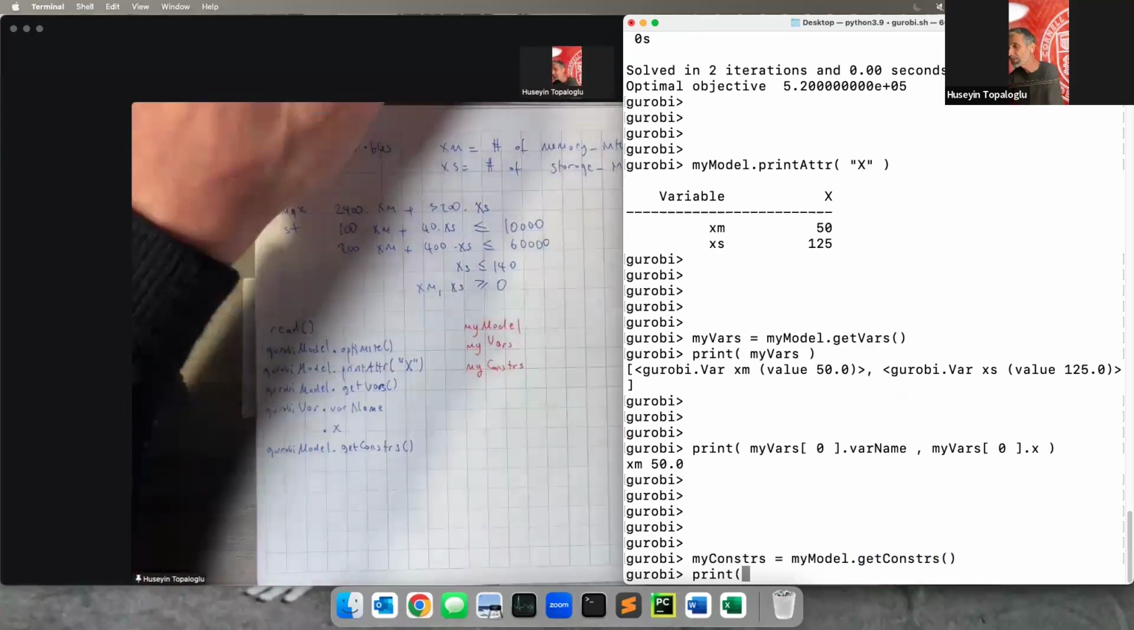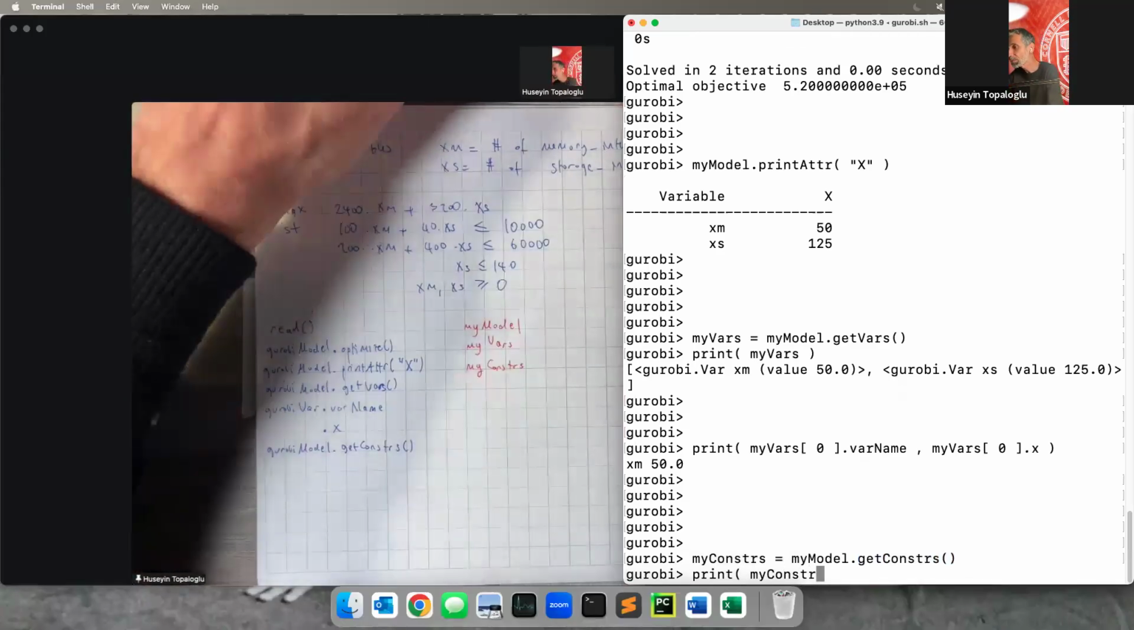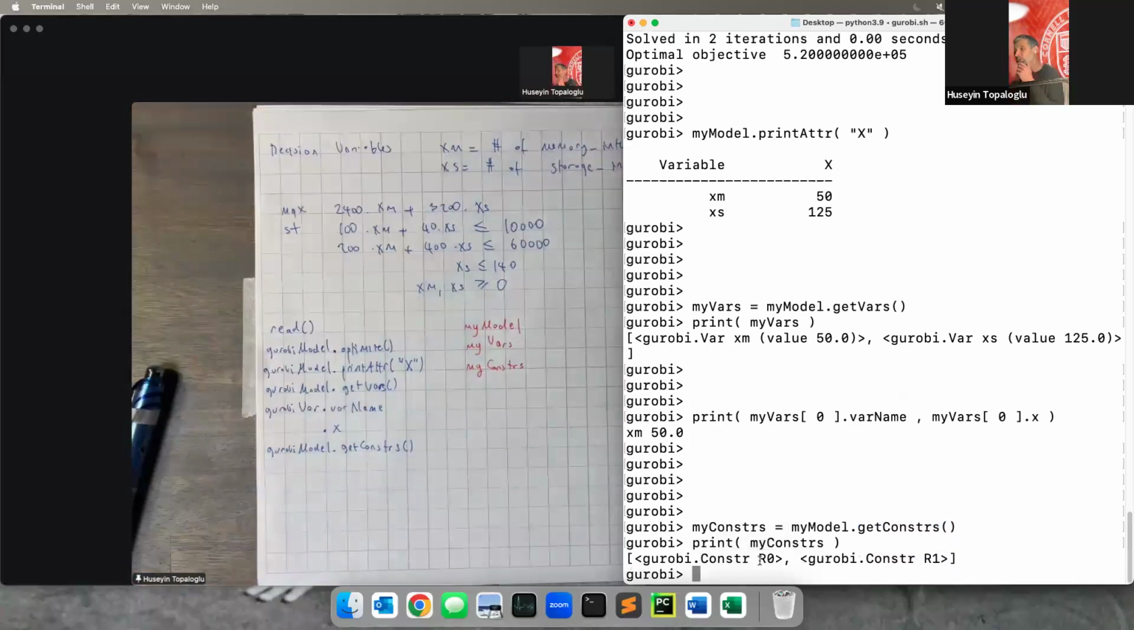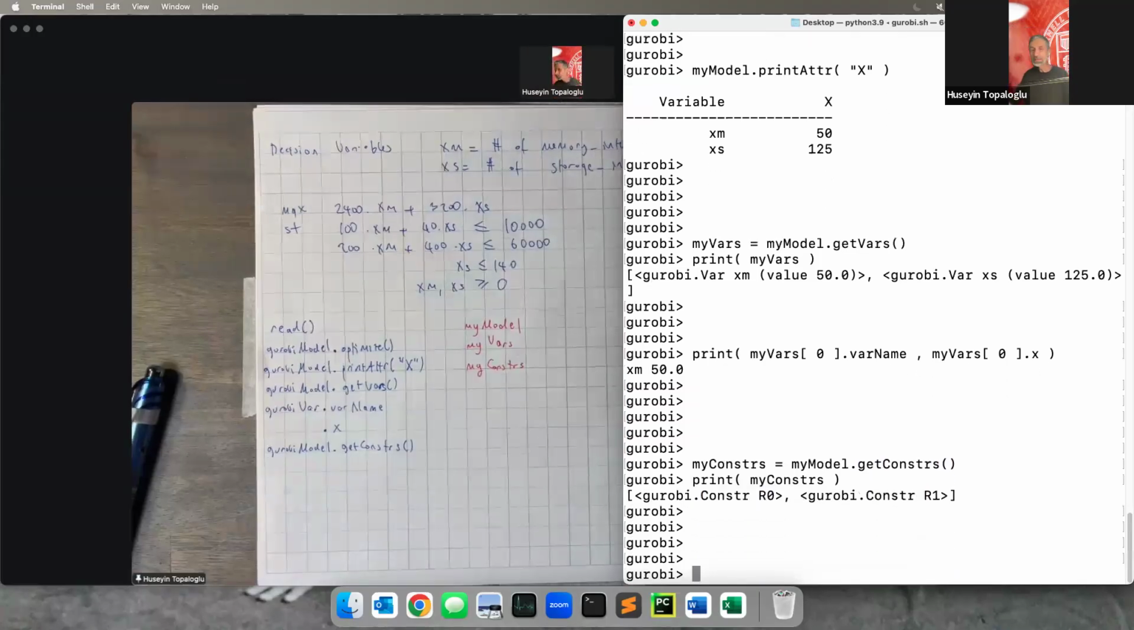Okay, so now again we can print that variable. That's not going to be terribly informative. It says, hey, I have a constraint R0 and another constraint R1. This is the first row, this is the second row of my constraints. So that's not terribly informative. Lastly,